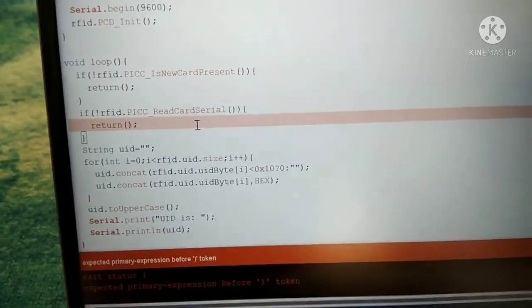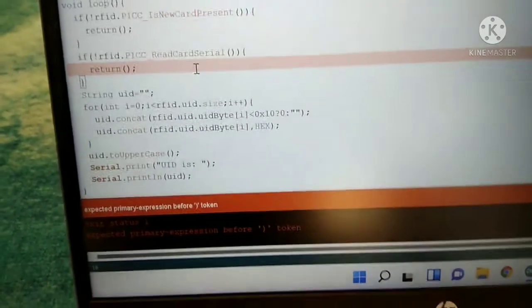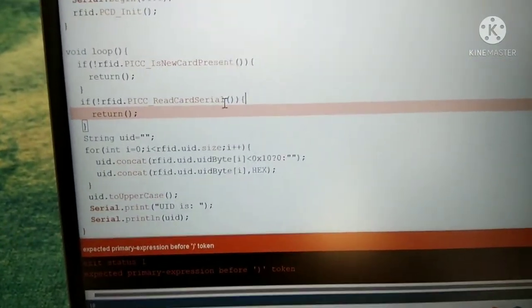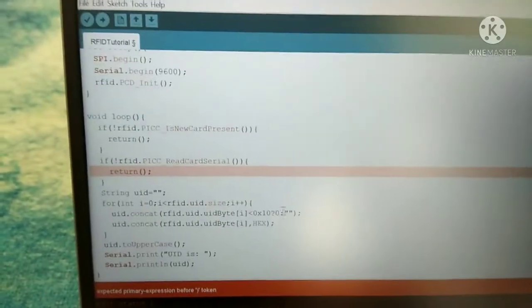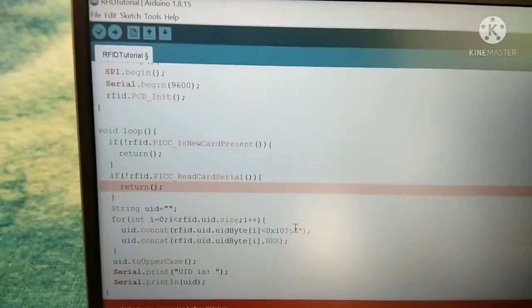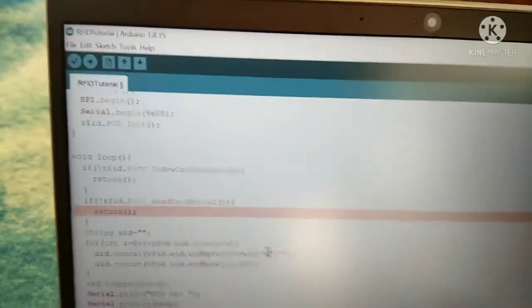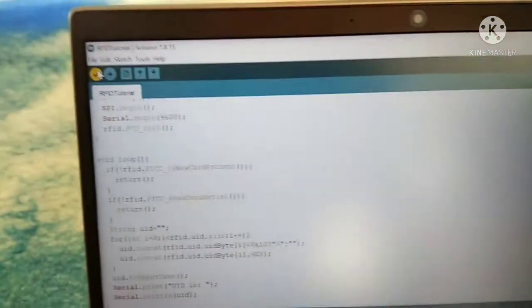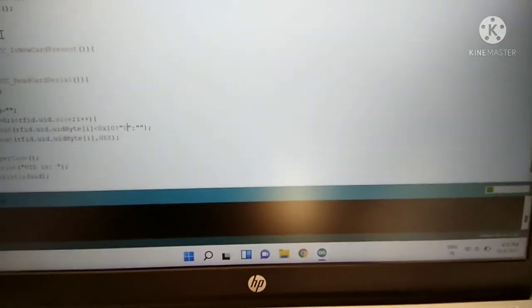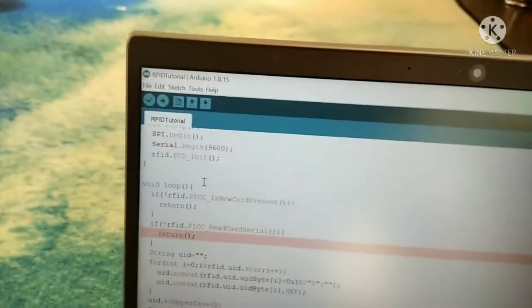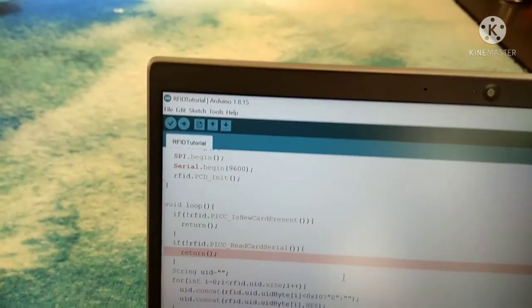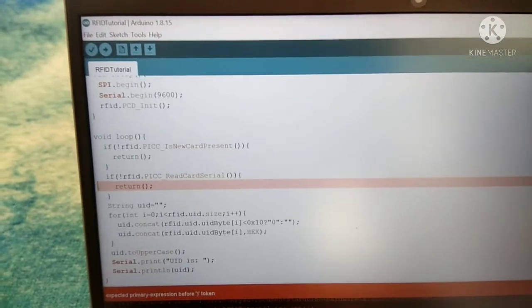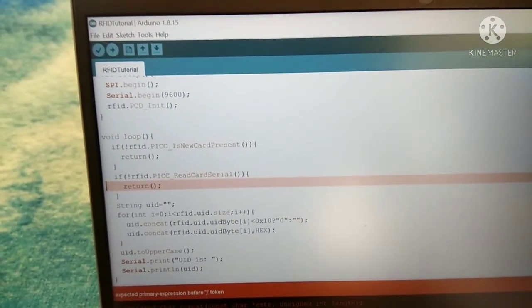I didn't understand actually what the error is, but okay, we'll try to understand. Just 1 minute, friends. So I understood what the problem is: here, instead of giving a string, we are directly giving an integer value, and since uid is a string, it will give an error. So we'll again verify, and I'm sure that this time it is giving an error, but I don't know why. So let's read the serial, like what exactly.